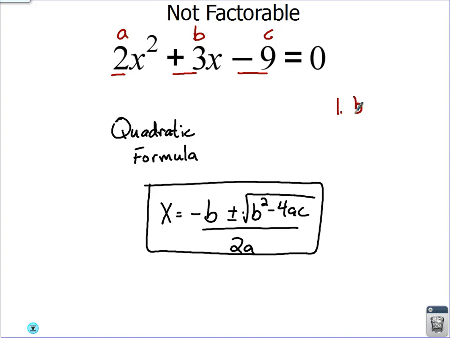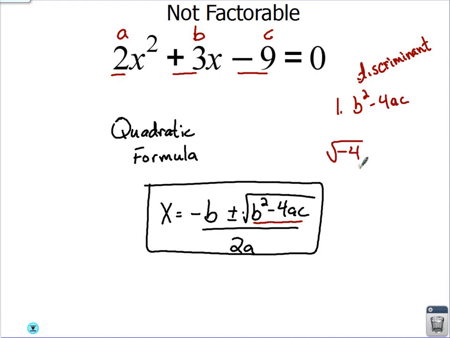First step, when you're using the quadratic formula, always do b squared minus 4ac. Y'all see that inside here? This is called the discriminant. B squared minus 4ac is a discriminant. It tells you how many answers you have. And more than that,